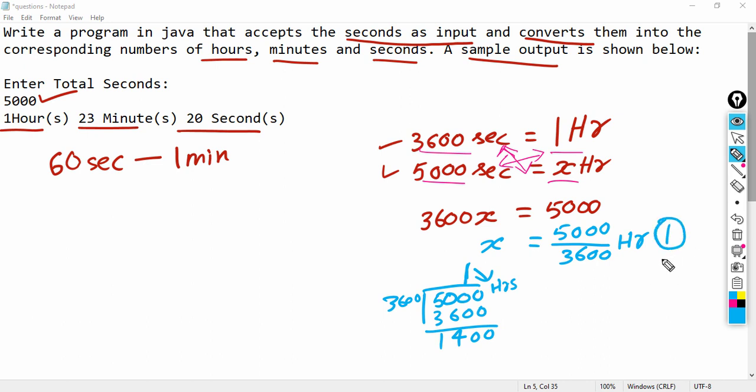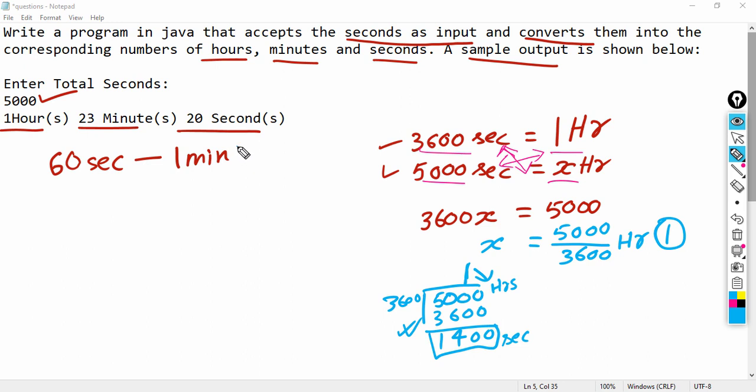We have found out the hour. Next, we need to calculate the number of minutes. Out of 5000 seconds, 3600 has been handled here and we are left with 1400 seconds. So, this 1400 seconds we need to convert it into minutes.